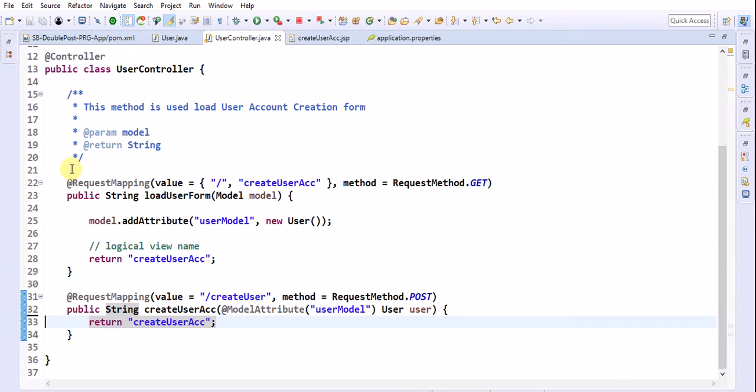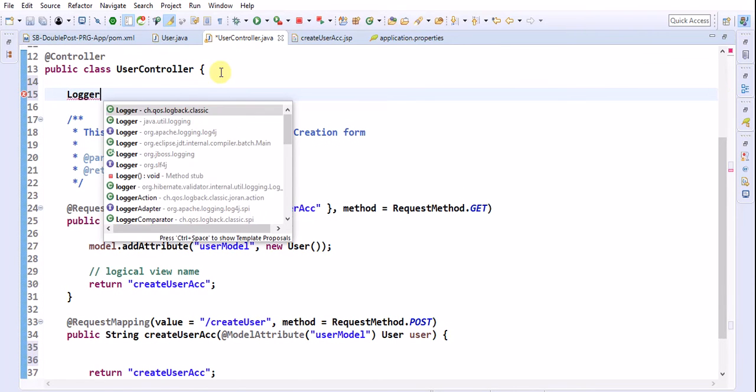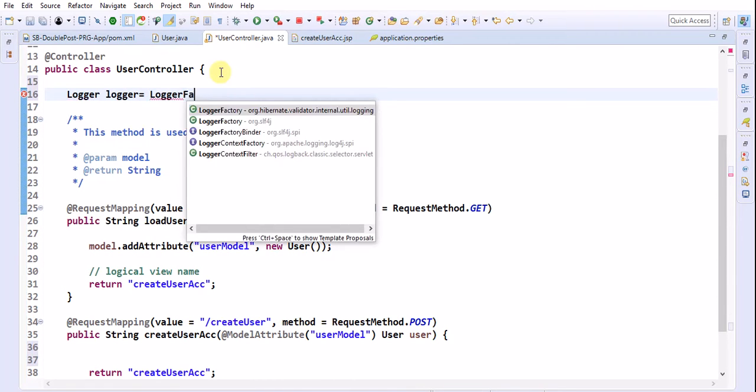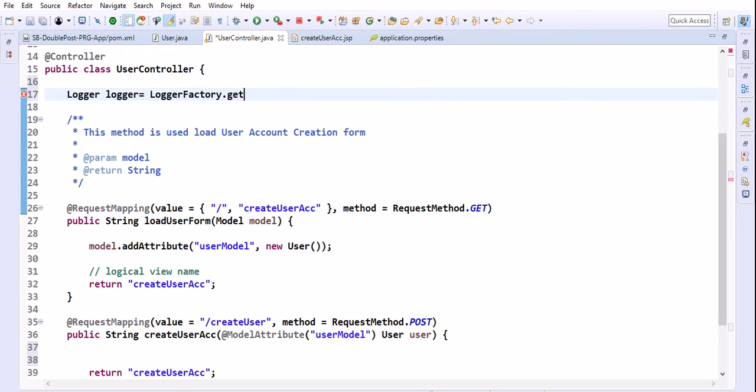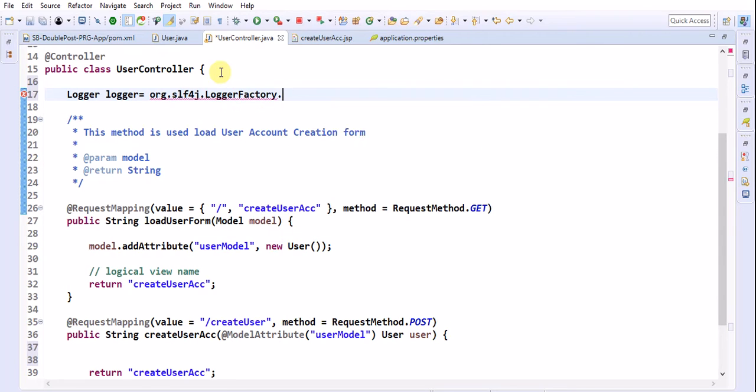Whether form data is coming or not, let me log it by using a logger. Let me add a logger here. SLF4J Logger is equal to LoggerFactory.getLogger of UserController.class.